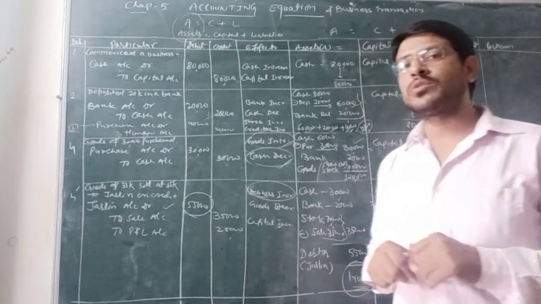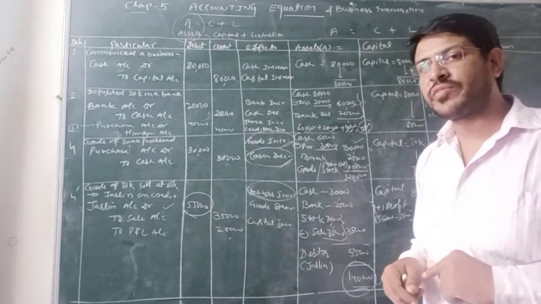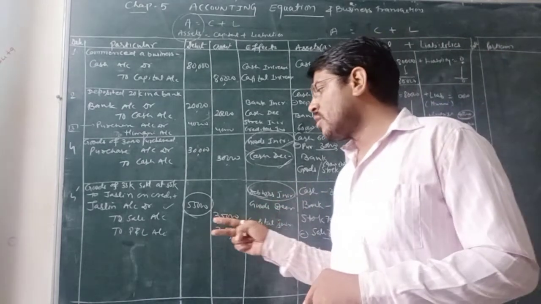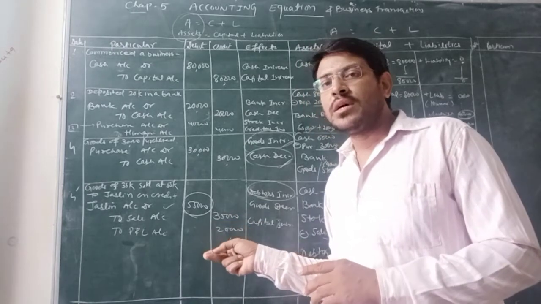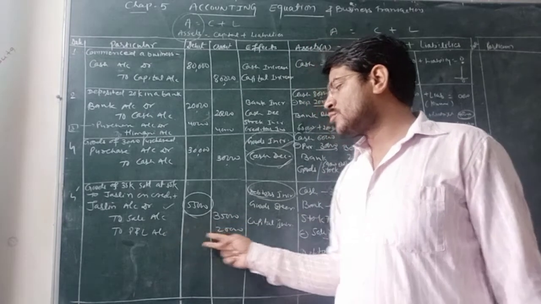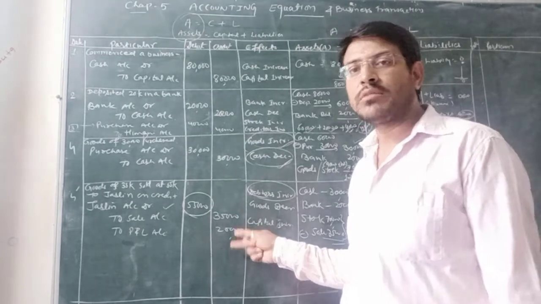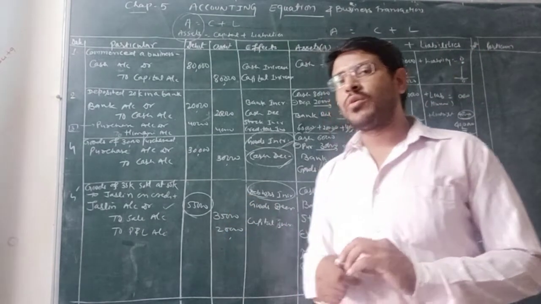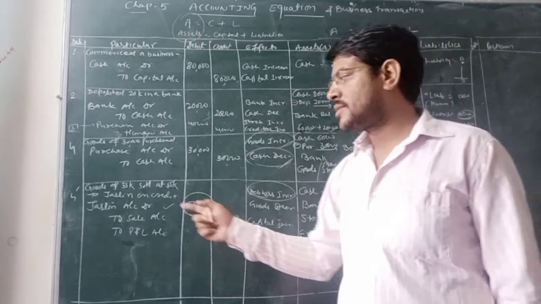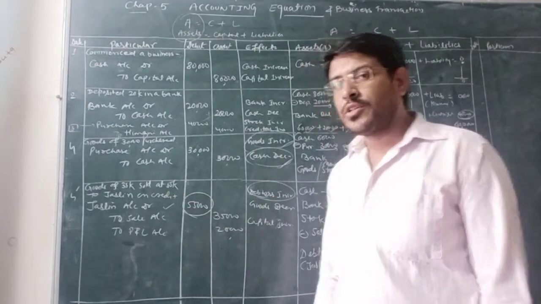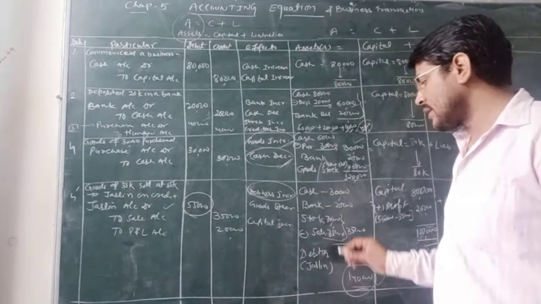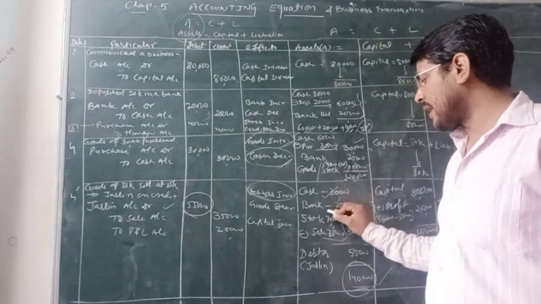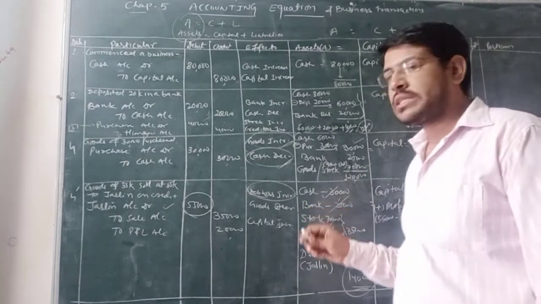Actually we are selling the goods of 35,000. The margin on 55,000 is 20,000. Whatever the margin is, that is known as the profit of the firm, so it is to be credited by the name of profit and loss account, 20,000 rupees. Friends, before going on to the previous section, I will define this one. Jocelyn is our debtor, so receivable or debtors increase over there. Cash 30, bank 20, stock we are selling the stock.